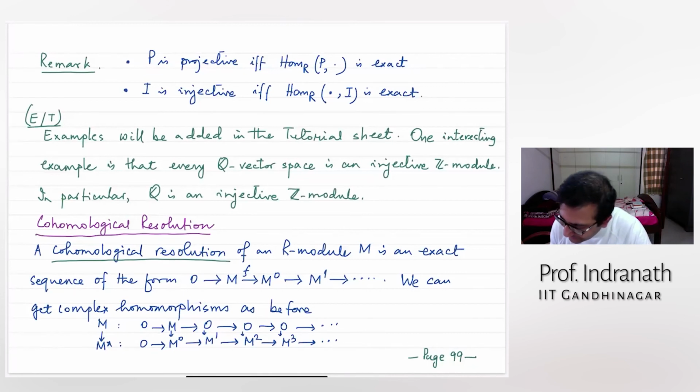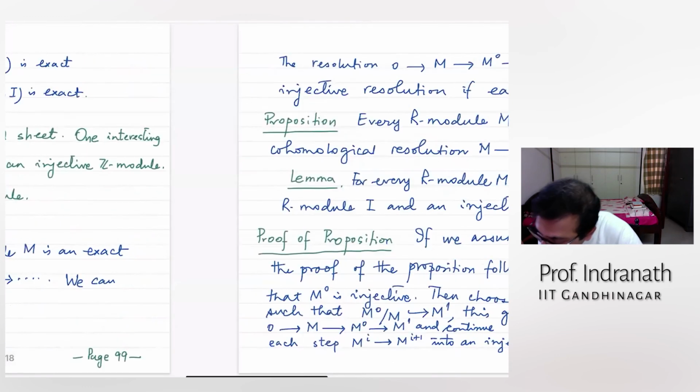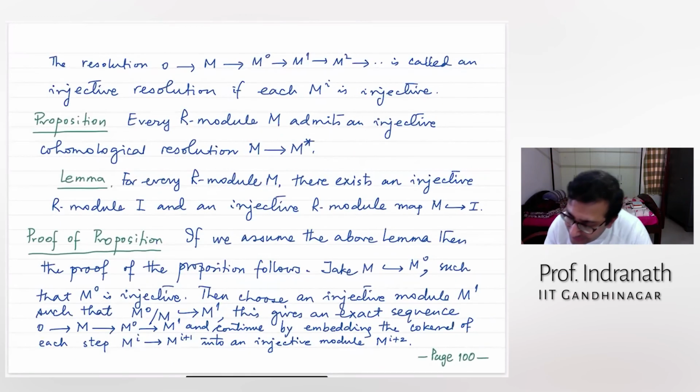So what is a resolution? Just like a projective resolution, we can take this as a resolution. Basically it's a cochain complex instead of a chain complex. And you will do the same thing: you start with the cochain complex, take the trivial one, treat them as complexes, then the equivalence of the complexes gives rise to homotopy, and so on and so forth. That is what we will be doing.